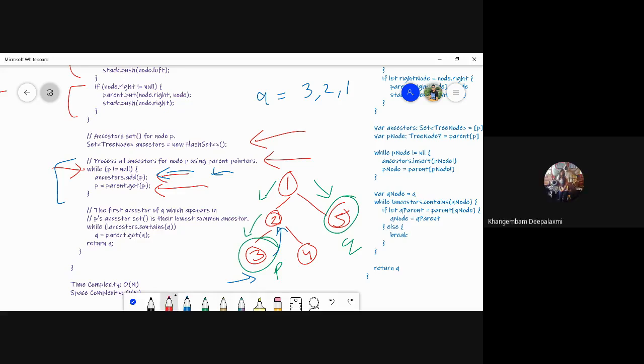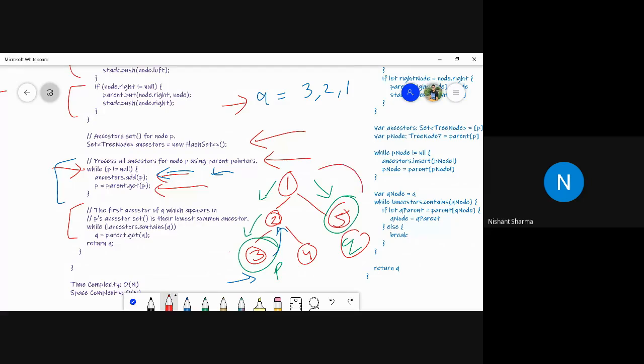Yes, sure. Okay. Now with another while loop, we will be able to find the lowest common ancestor. We have the Q. We will check whether this Q node is already there in the ancestor set. If yes, then this should be the LCA itself.